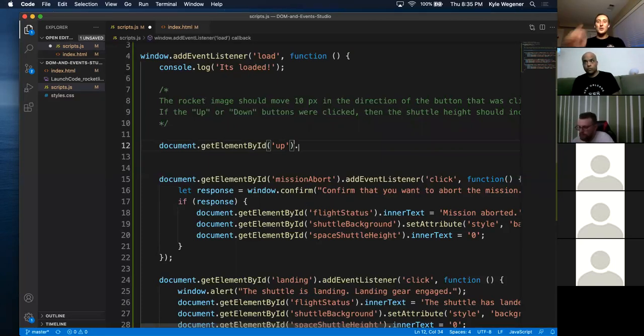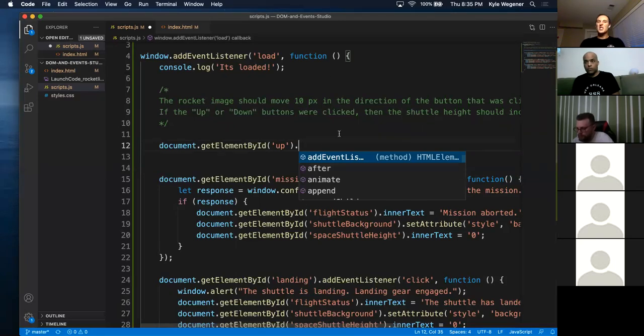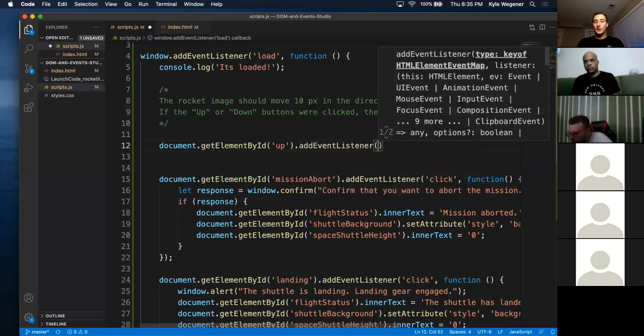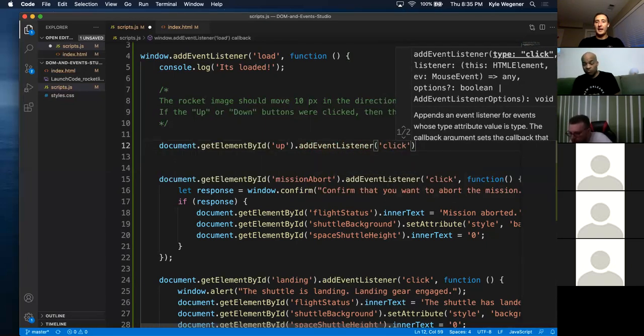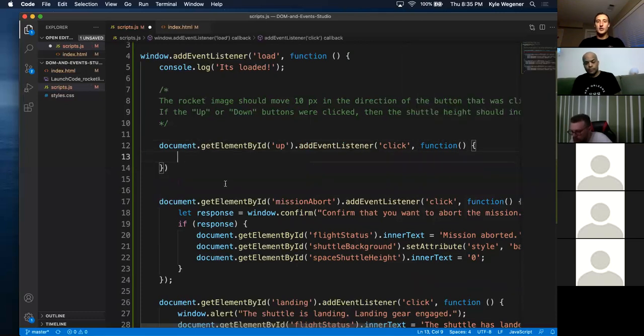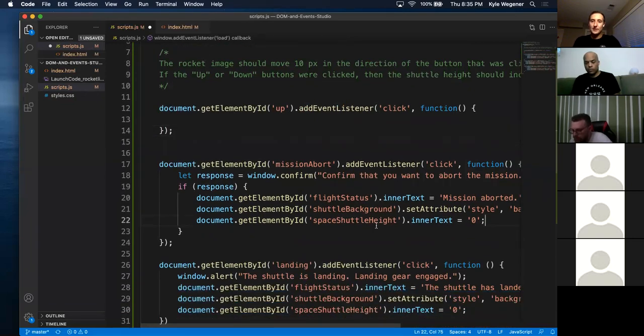Well, you know what? Let's go ahead and do them individually, and I'll show you really quick how I would do it with one function instead. But anyway, we'll do addEventListener. We're going to do click here, and we're going to say function. If it says up, we have to add 10,000 to our inner text. So that one's going to be the more tricky one. So we're going to say let my height